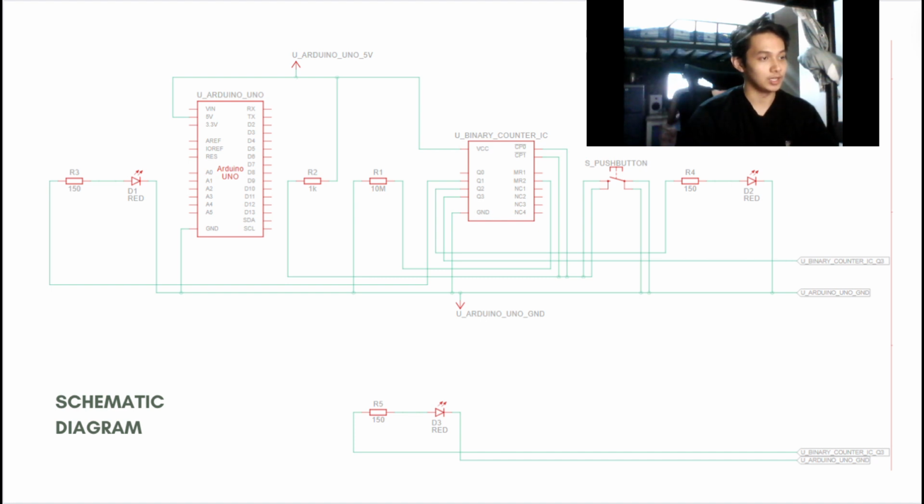breadboard. And then, first let us discuss R3 to R5. These are just resistors made for handling any sort of electricity flow to the circuit, as these are connected to the IC and also the diodes. Diodes are represented as D1, D2, and D3, which are just the LEDs responsible for displaying the output of